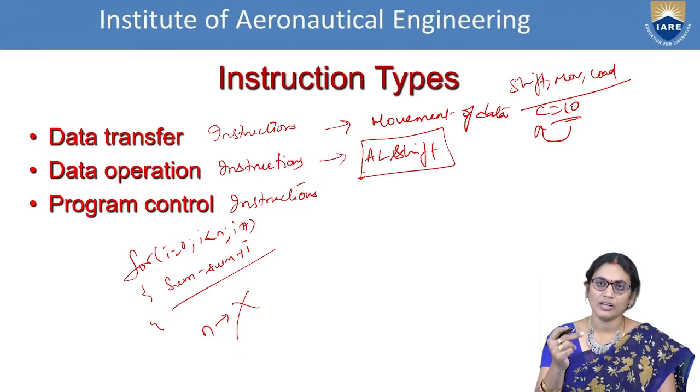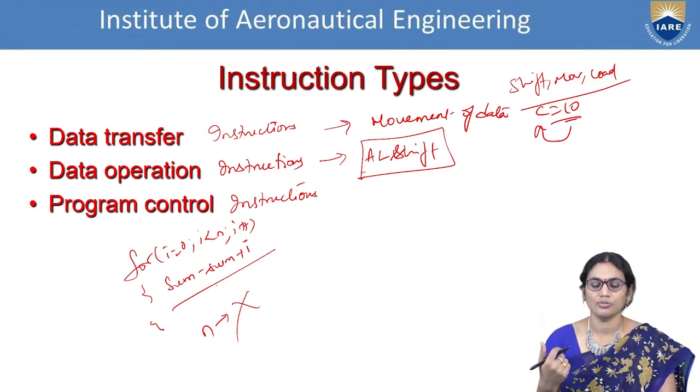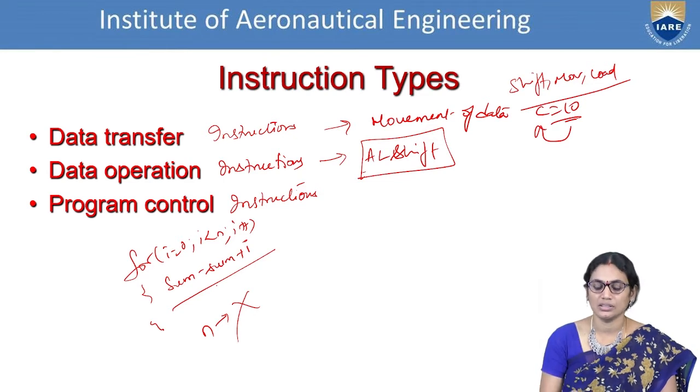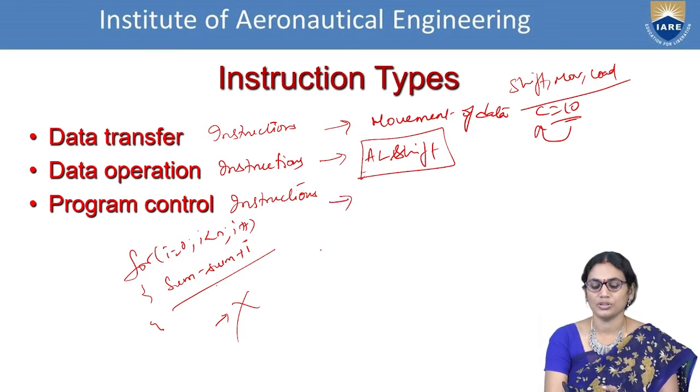So after coming out of the for loop, what will it perform? It will just execute the next statements after the for loop. So control breaks the loop, comes out of the loop and goes to the next line of execution. In that case, how it has to be represented internally is a basic concern. These program control instructions are generally represented by means of four basic operations.